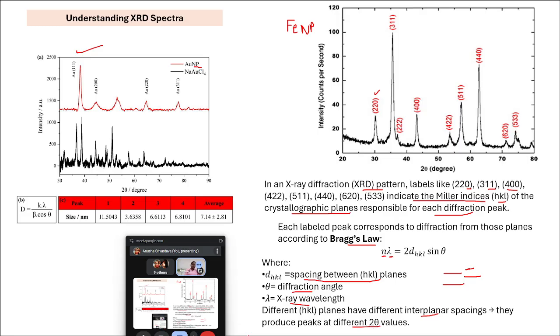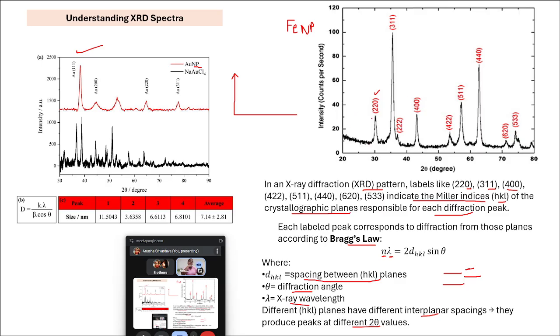Suppose you are making copper nanoparticles from a novel plant extract, one that has not been reported earlier for making that kind of nanoparticles. In literature we have enough data: whenever copper or gold nanoparticles are formed, there would be certain specific Miller indices. We know these values. Now, when we synthesize copper nanoparticles from a novel plant extract, and we get